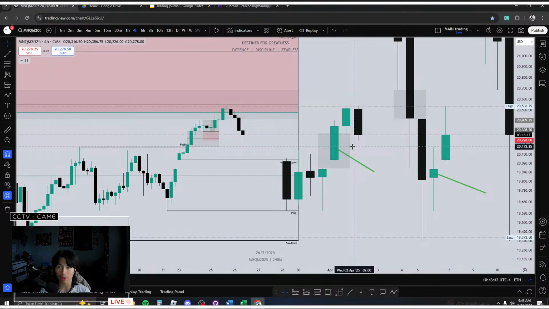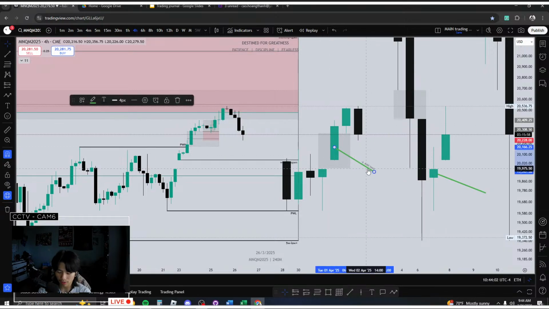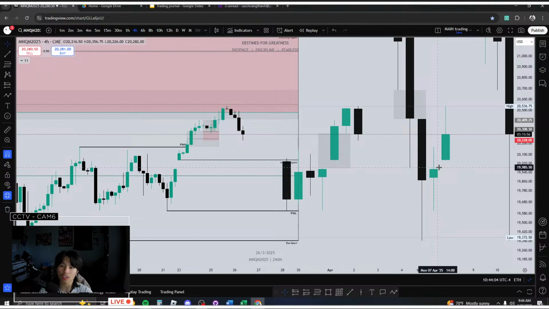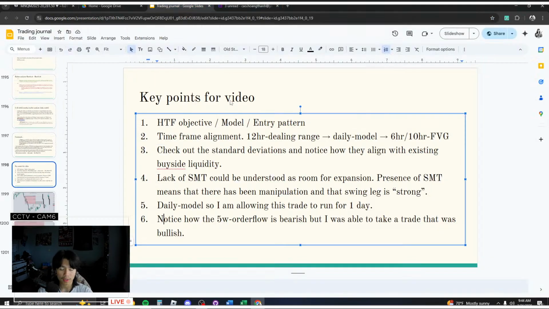The daily time frame is essentially telling me that currently price wants to take out previous day high. It's not suggesting lower prices, it's suggesting higher prices for that specific time frame, right? And I guess it's a harder concept to explain, and I don't really want to spend too much time on it for a trade recap video. But yeah,